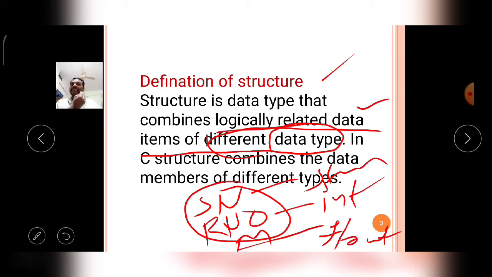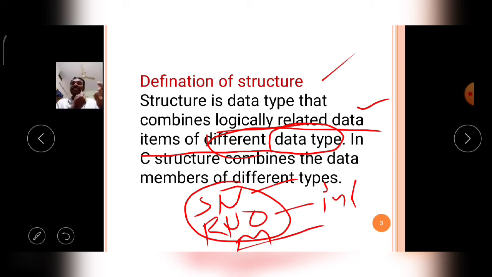Like that, structure is a user defined data type that combines logically related data items of different data types, or same data types also possible. So the C structure definition explains structure is a data type that combines logically related data items of different data types. In C, structure combines the data members of different types.